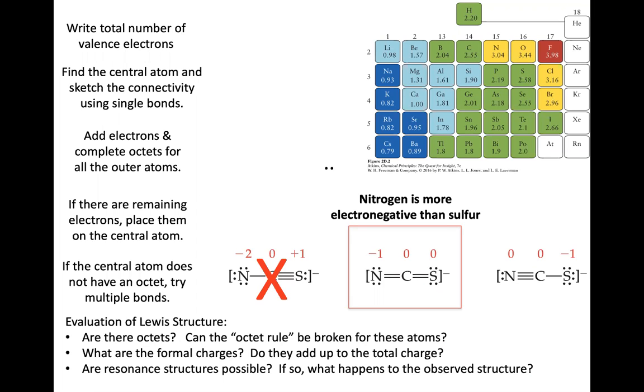If the anion has a charge of like -2, do we want to distribute the negative charge across both the different atoms, or do we want to keep them all on the most electronegative? Yeah, I would say it would be probably preferred if I could have a -1 and another -1. I think that would be better, closer to having all zeros. So yeah, I would say a -1 is better than a -2. Okay, and then